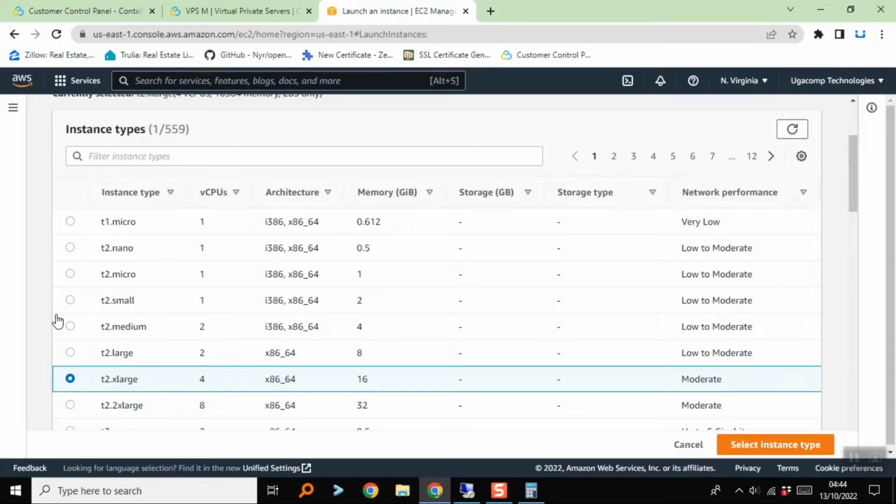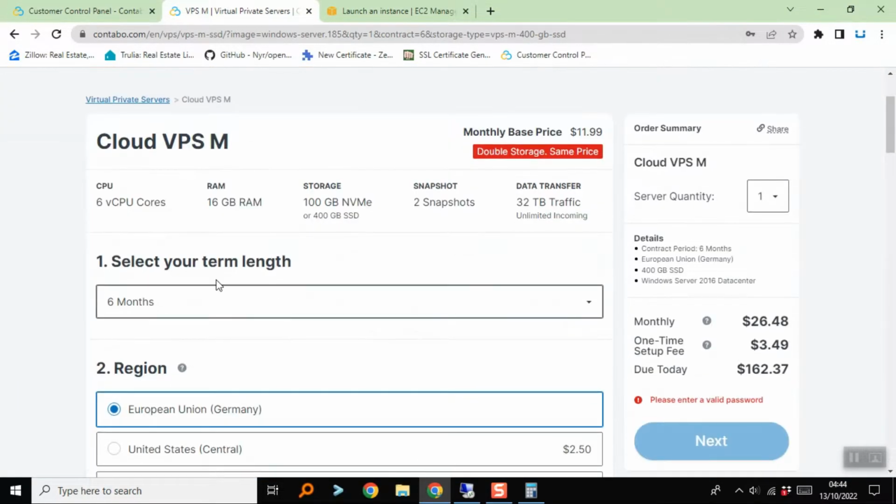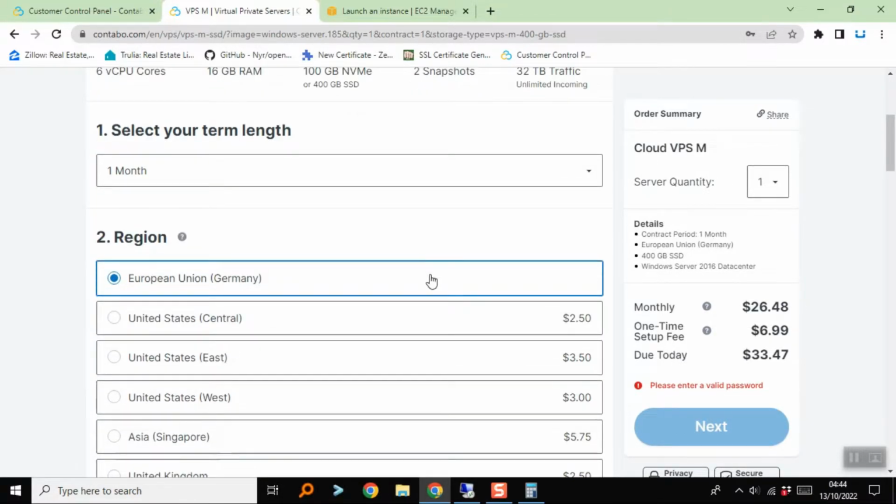But this computing power, you can get it on Contabo for a month. If you decided to run Windows on Contabo, you're gonna pay this amount, and the next month you won't be charged this. In fact, let me be very clear. The setup fee is for just the starting month when you're setting up your server for the first time. But the next month, this setup fee won't be there. So in other words, the next month you're gonna pay